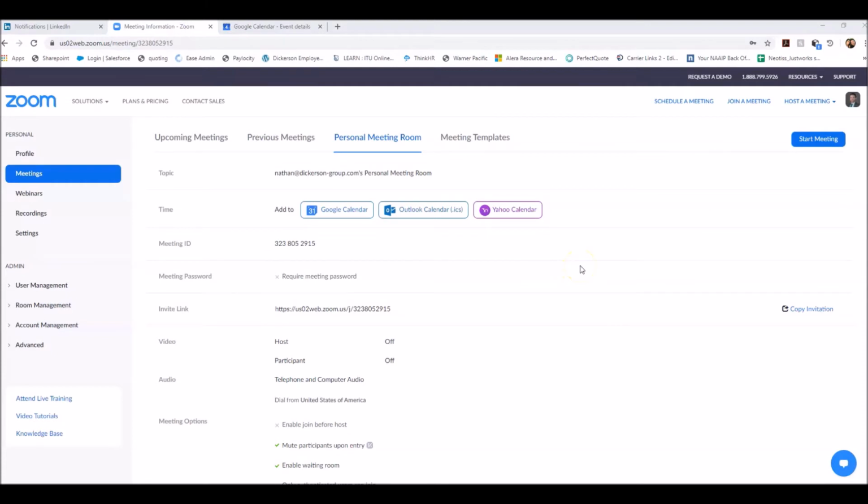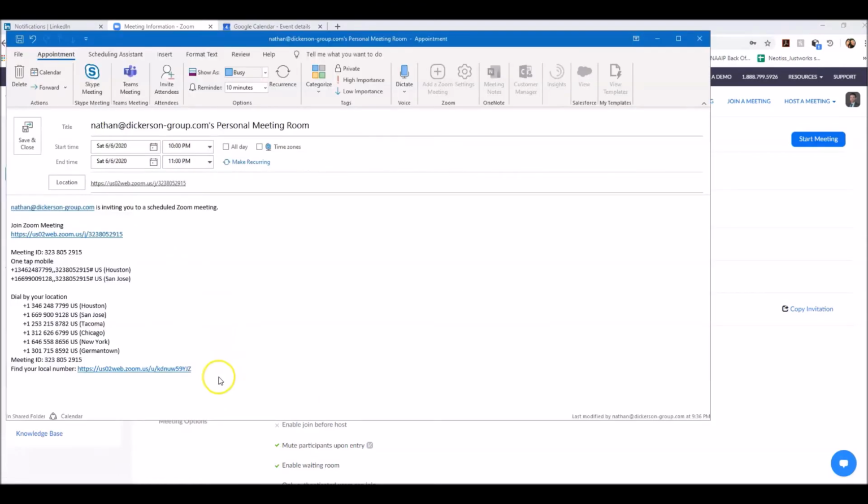Now you can do the same thing with Outlook Calendar. If you do click Outlook Calendar, it will download an ICS file and it looks a lot like this. And it will copy the contents of the Zoom meeting invite. And from here,